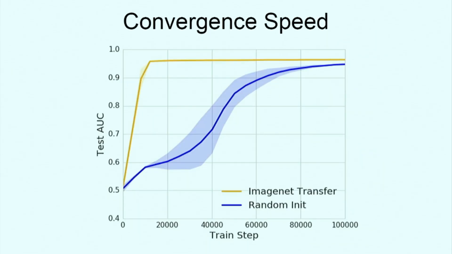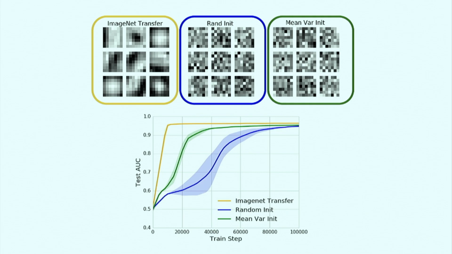Finally, we looked at the effects of transfer learning on convergence speed. Transfer learning significantly helps speed up convergence. But what was very surprising is that many of these effects can be recovered just through scaling. So if we initialize just like random initialization, but scale according to the pre-trained weights, we actually see significant gains